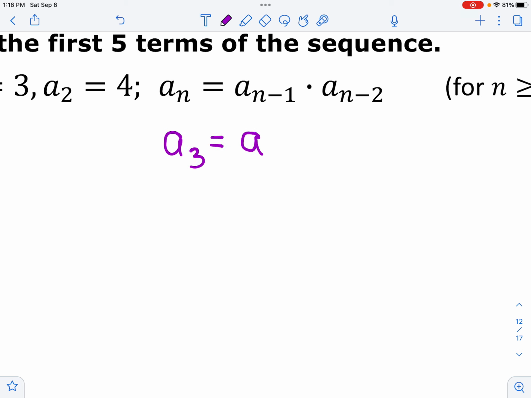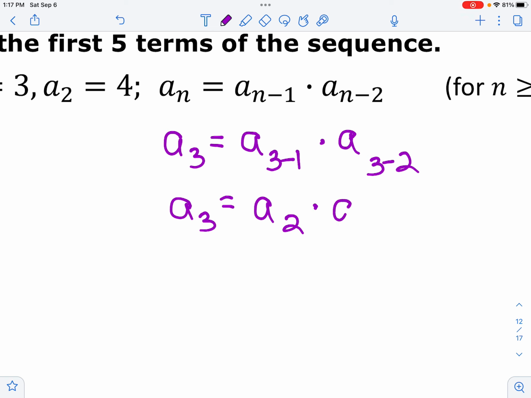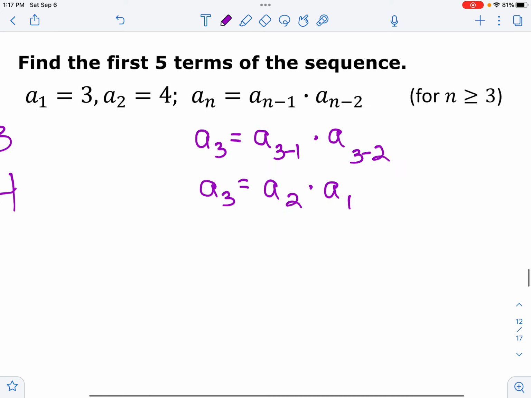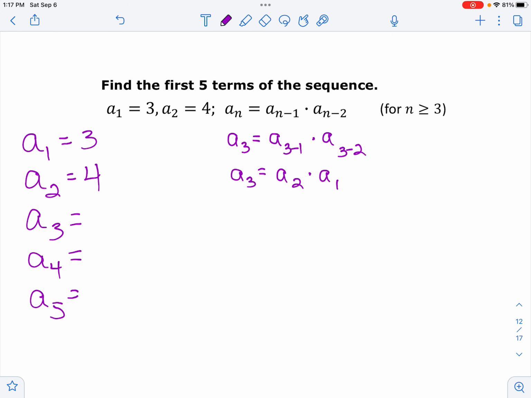Then this would be 3 minus 1, and this would be 3 minus 2. So if I want to find the third term, I'm going to take the second term times the first term, the previous 2 terms before this one. That's all that means. So I know those, luckily, and I know that a sub 2